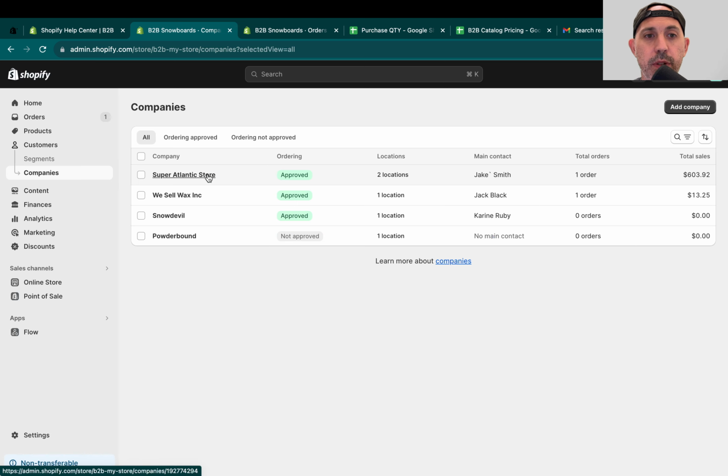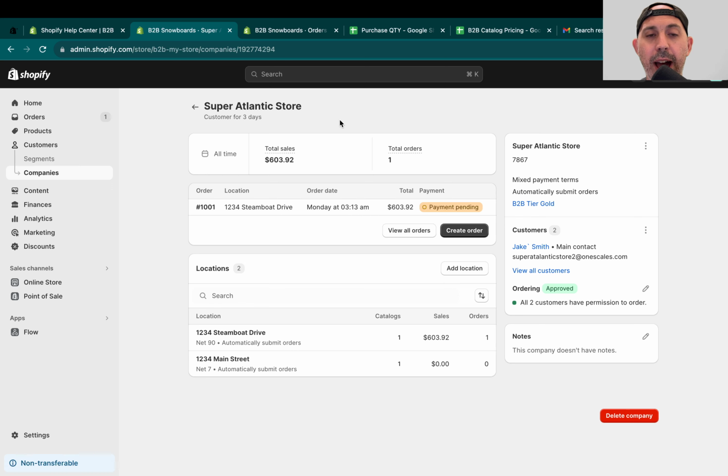I just made up some names called Super Atlantic Store. I can see my data, how many orders they've made. For example, they've made one order and this is the total. I can see the locations. I can see, this is my order summary. I can view all the orders or some of them, and I can see all the locations they can buy